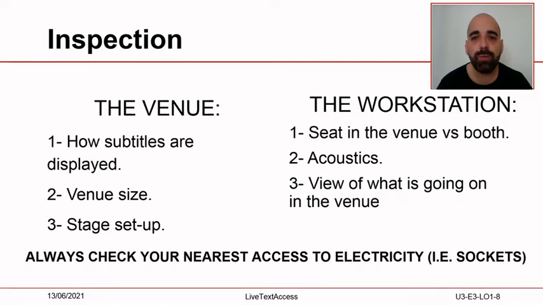First of all, you have to check how the client wants the subtitles to be displayed: to the whole audience on a screen, which is usually the case for cultural events, or on personal devices such as smartphones, tablets, or computers, which is usually the case in educational settings and in workplaces. If the subtitles are shown to the whole audience on a screen, you also need to know the size of the venue in order to choose the best projector to display the subtitles clearly enough for everyone to see, including those sitting in the last row.